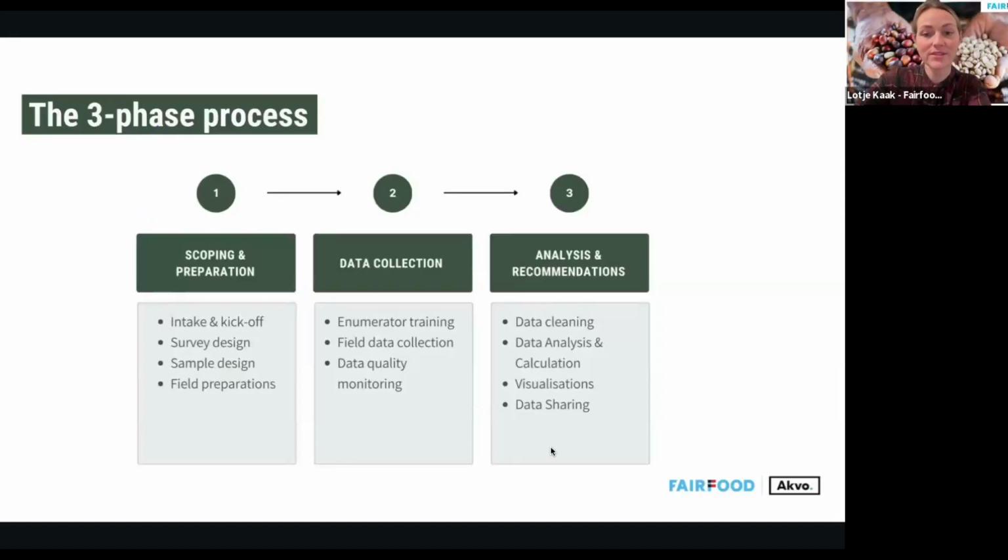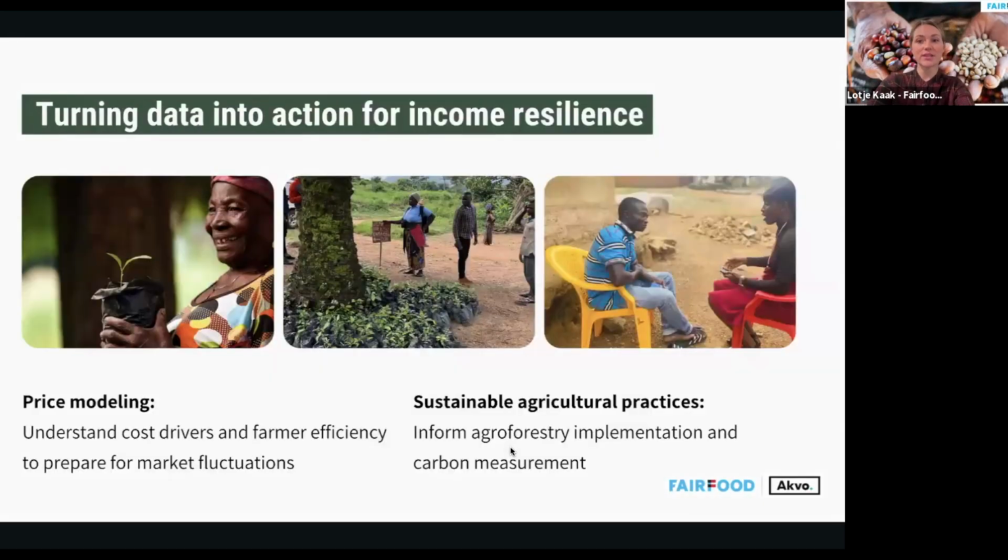All right, thank you very much, Sandra. So moving on towards how to turn this data into action. After having developed a really beautiful slide deck like the one that Sandra has just shared, it's actually time for the next step: how to turn this data into action to actually build income resilience. And within our project, we have been working closely with supply chain partners, where we have several iteration sessions, and we really question ourselves, does this data make sense? What are the outliers? And especially, what does this data actually tell us? And how do we intend to use it?